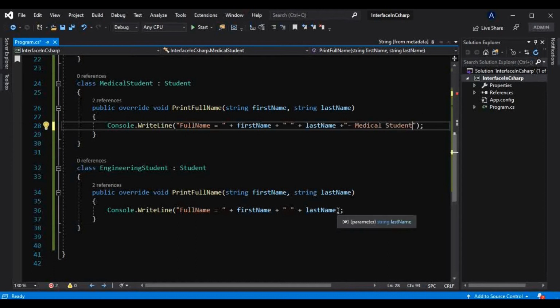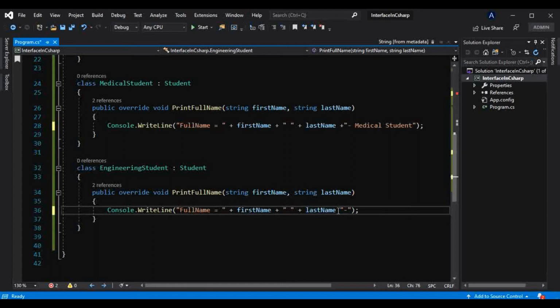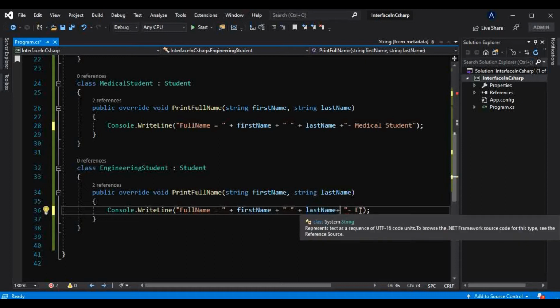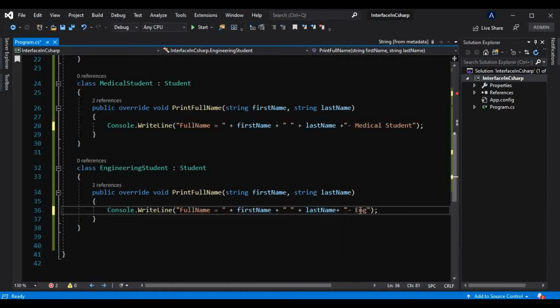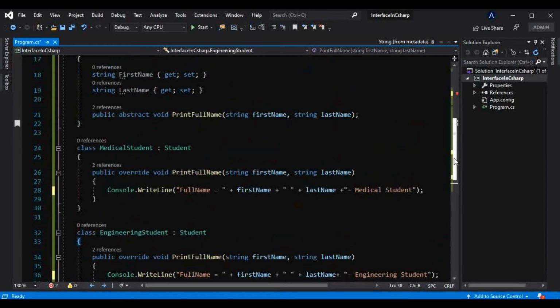And an engineering student can give one message here like this. I have to append that. Like, engineering student. Okay, all right, fine.